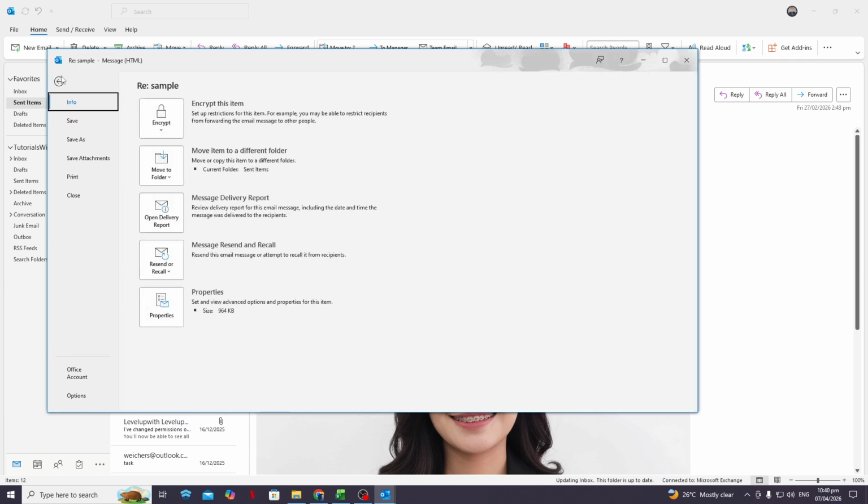Let's move to Outlook on the web. Here, the classic recall feature is much more limited or not available in many setups. However, there is a useful workaround: the undo send or delay feature. In the web version, go to your settings, then look for Mail settings and find the option that controls undo